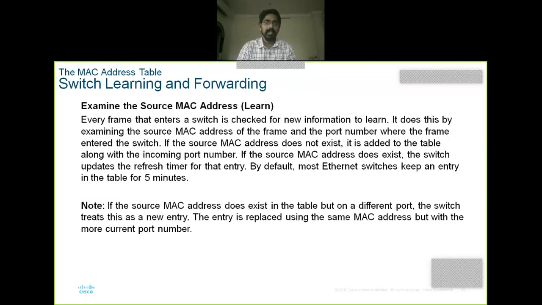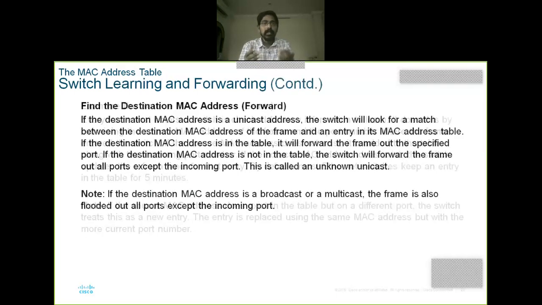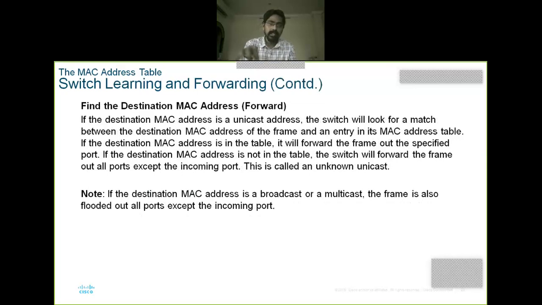That means in the learning phase, the source device which is connected, that information is grabbed by the switch, which is called the learning phase. And then in the forwarding phase, it will find the destination. It works to find on which port, out of all available ports, the destination MAC address is there. If it is identified by the switch, the packet is transferred, that means forwarded. So this is the basic operation, the switch learning and forwarding mechanism, right?